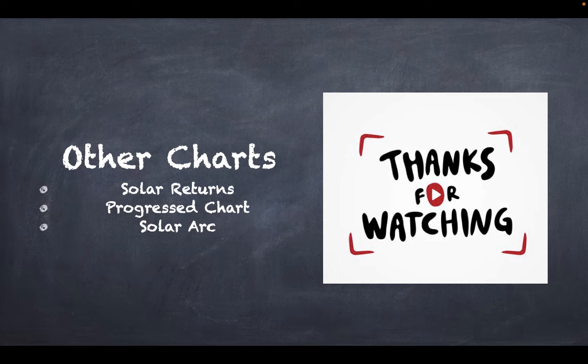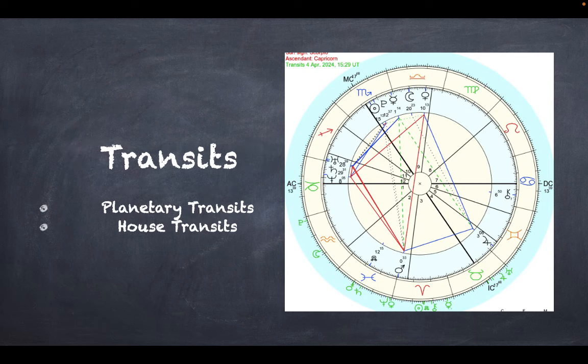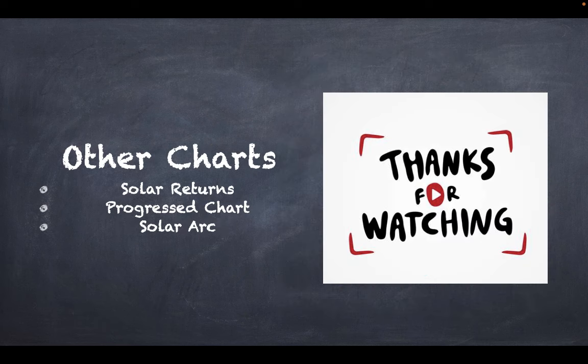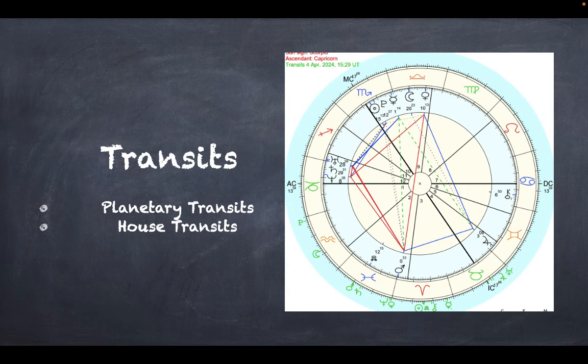And there are other charts that you can look at. You can look at transits and other charts. We have three main other ones: the solar returns, progress chart, and the solar arc chart. These are all the things that you're going to want to get familiar with if you want to learn astrology. It's not just Aries is this and Taurus is that. Once you spend some time studying and memorizing these, then you're able to read a chart like this, and you can help somebody else with their life by doing this.